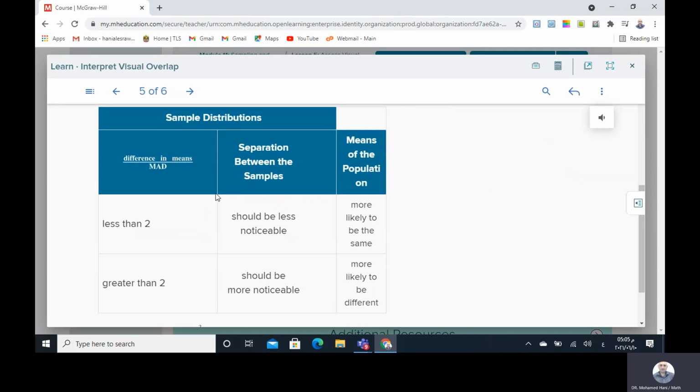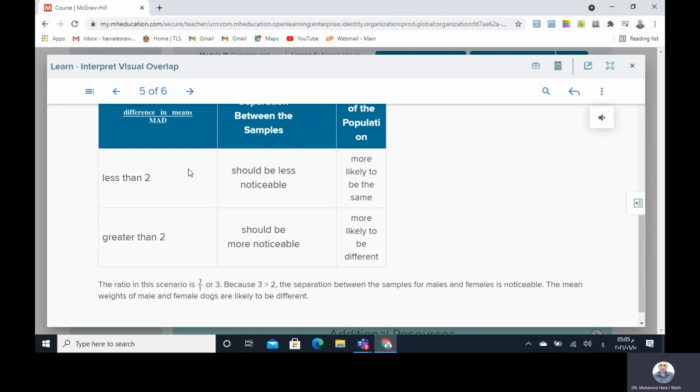This table is very important. Here we have the sample distributions, the formula, the separation between the samples, and here the means of the population. And if the ratio is less than 2,